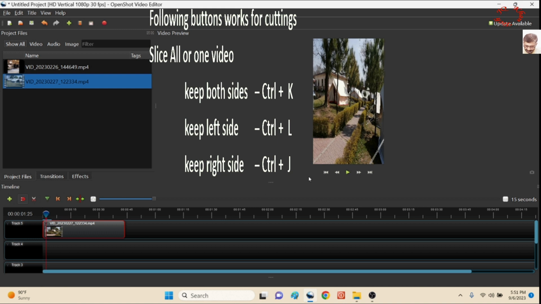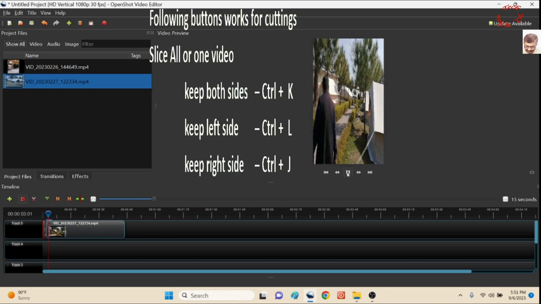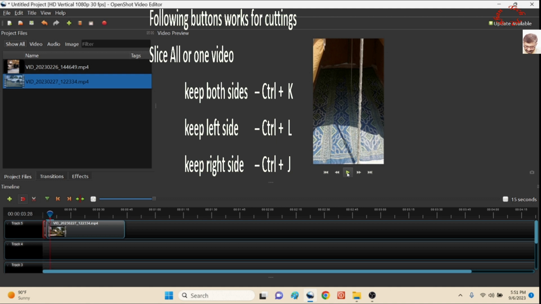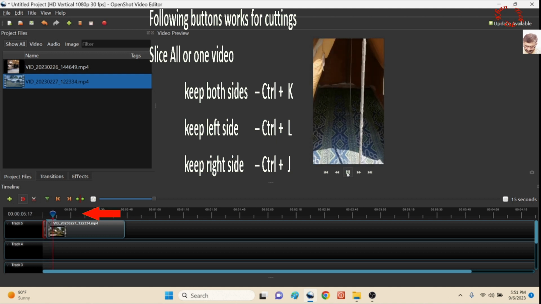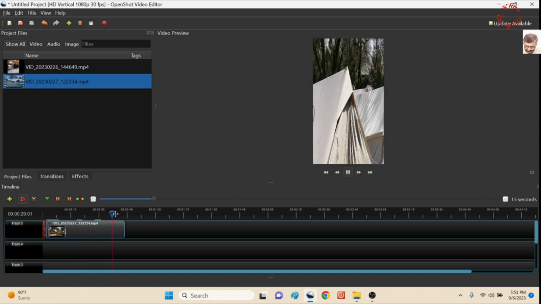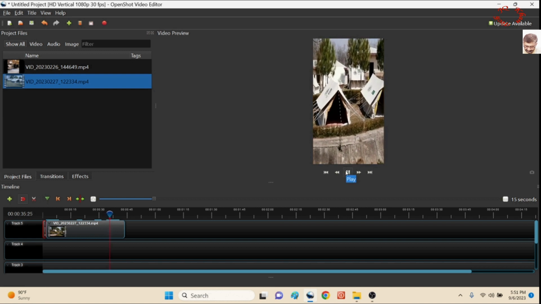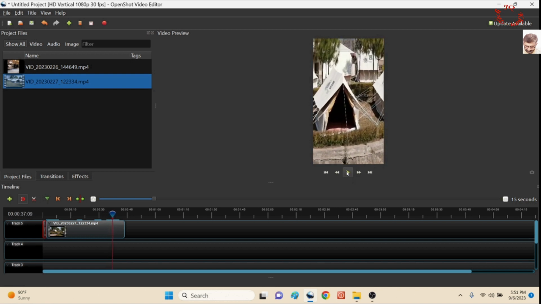Now let's suppose I'm going to cut it over here. Again right click, select, and Control K. So it will cut both sides. Now let's go again and I am going to make another cut. Let's choose this area, stop it over here, and